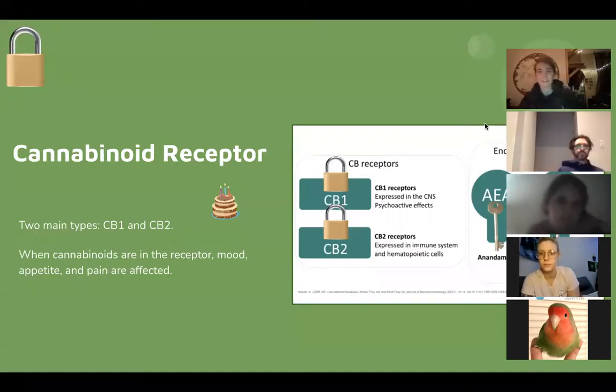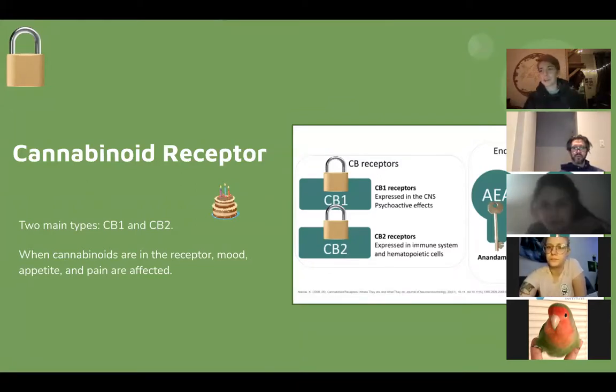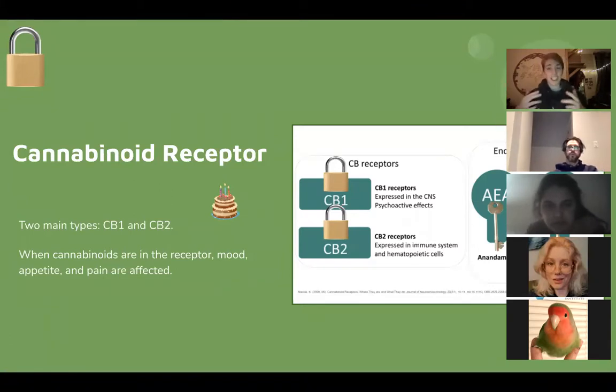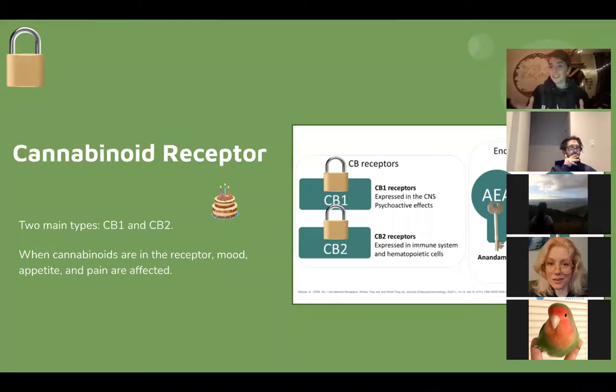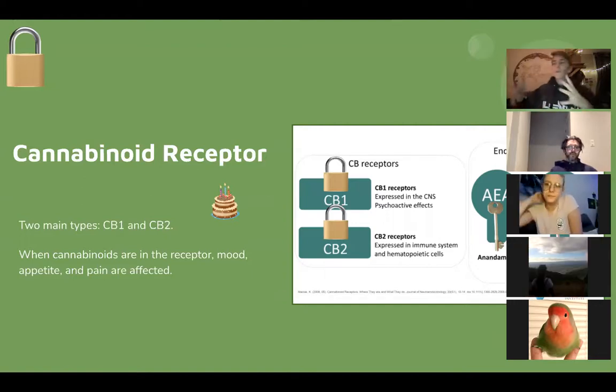Now we'll come back to these with the specific receptors, the specific locks that the keys fit into. The main two types of cannabinoid receptors, which you do not have to memorize right now, are CB1 and CB2. I just want to introduce this concept that there are multiple different types of receptors. So it gets complicated really, really quickly. It's hard to distill this stuff because you have to think about what the different neurotransmitters do, what different ways a drug can be an agonist and increase those effects, or an antagonist and decrease those effects of an existing neurotransmitter system. And then also the ways that these receptors can have their own influence on this whole thing. So it's really complicated.